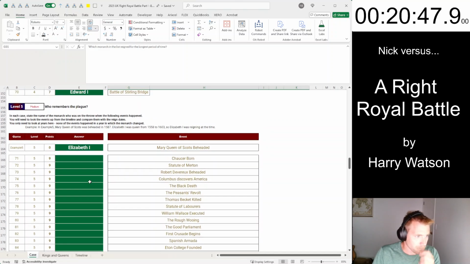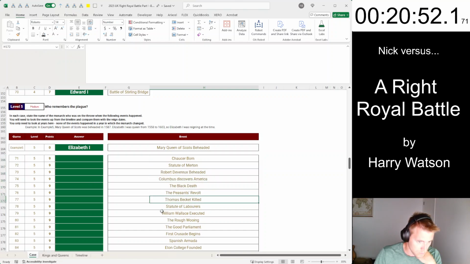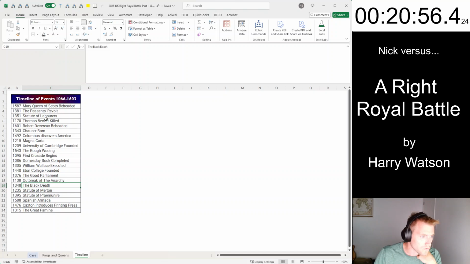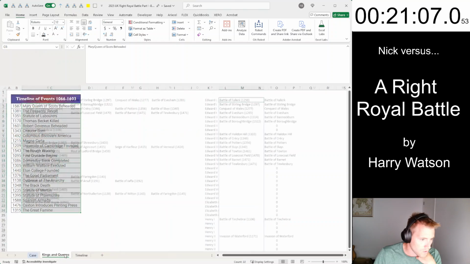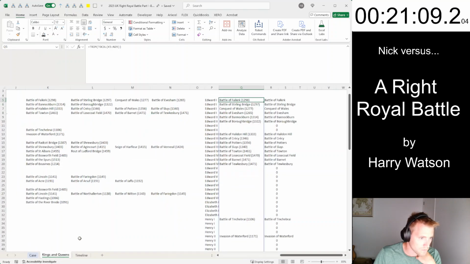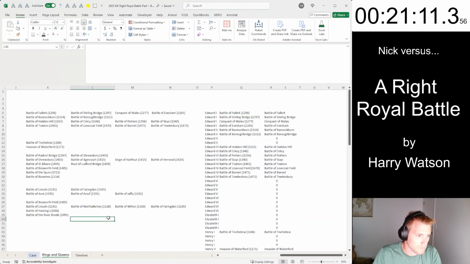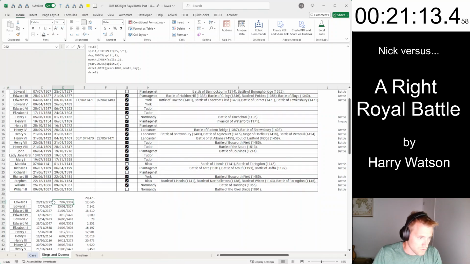Cool. In each case, state the name of the monarch who was on the throne when the following events happened. Oh, of course, these guys. Okay, this looks quite simple actually, based on some of the stuff I've already done. So,